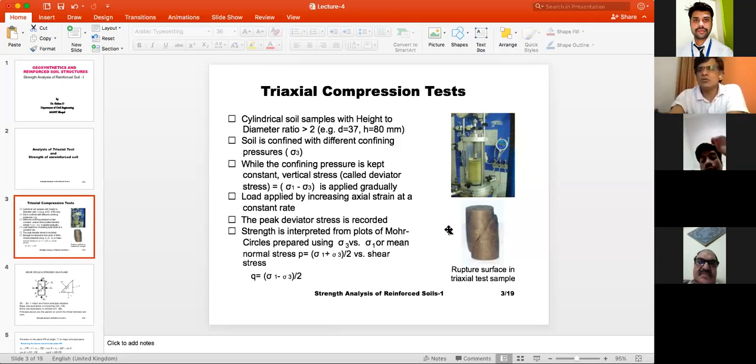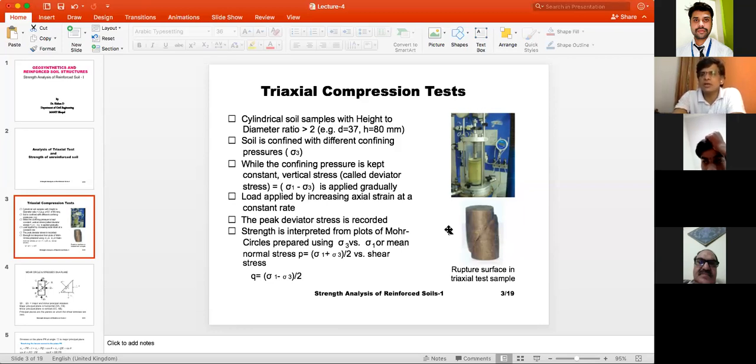Let us see how to find out the shear strength of a clay soil, as Bhopal is mostly covered with black cotton soil. For this black cotton soil, we generally use the triaxial shear test to find out the shear strength parameters. Generally, if you want to find out the shear strength of a soil at X meters below the ground level, maybe 1 meter depth, or 2 meter depth, or X meter depth.